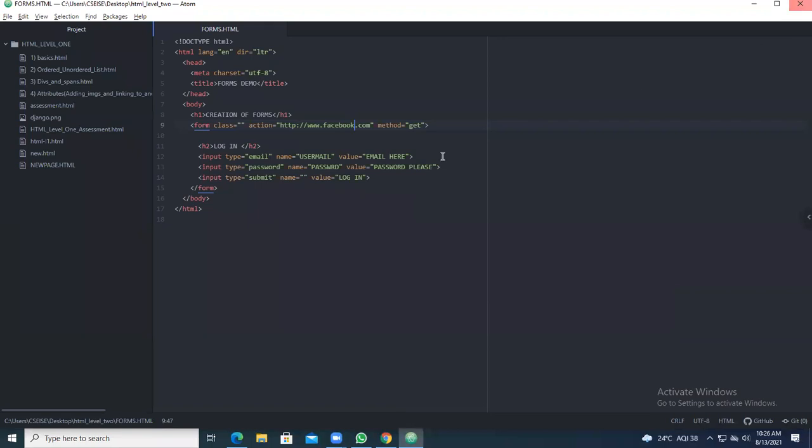If you want that, you should have the action. Action means when you press login, what should happen? It should go to some other page. So when you give login, get the Facebook page. That's why I'm telling method is equal to get. That means it will go to that particular page. Are you understanding?